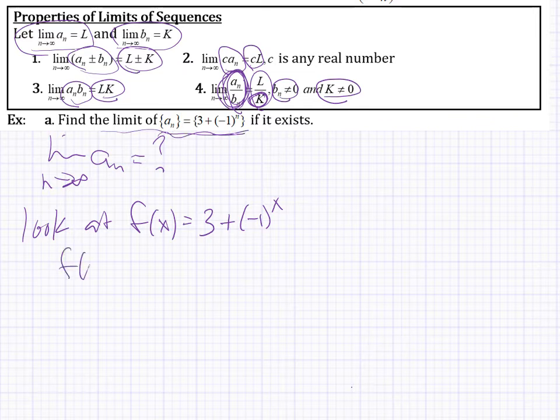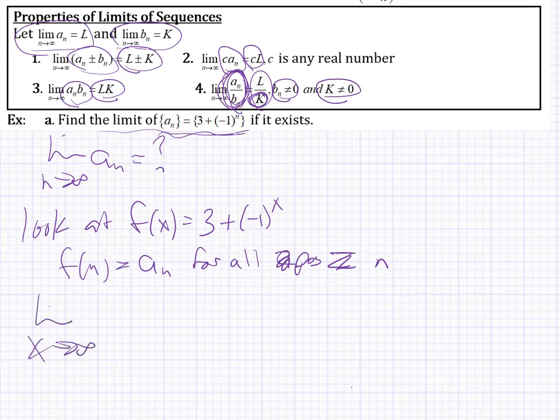We know that f of n equals a sub n for all positive integers n. Okay, we also know that the limit as x goes to infinity of 3 plus negative 1 to the x